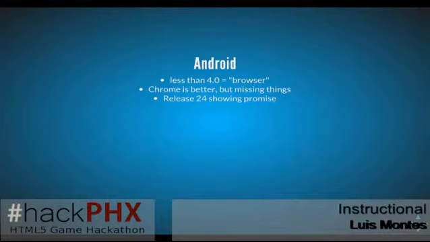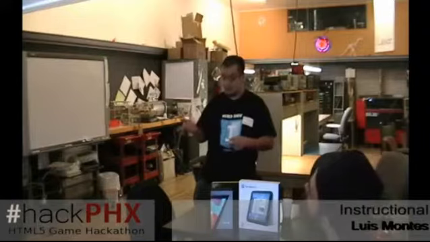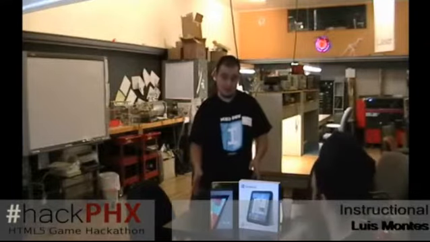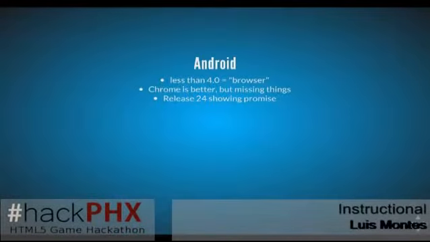The Chrome that's on the newer Androids, on Android 4, is better, but it's still missing a bunch of things. I've got a bunch of issues that I'm following on the bug tracker for Chrome for Android, and the ones that I want fixed are marked as release 24, I think. So I don't know, but I think 24 should be pretty cool. We're on 23 stable right now. However, Chrome on the Nexus 7 on the latest Android is still at 18. So if they bump up to 24 when the rest goes up to 24, yay, we get all this stuff. But I don't know when that's going to happen.